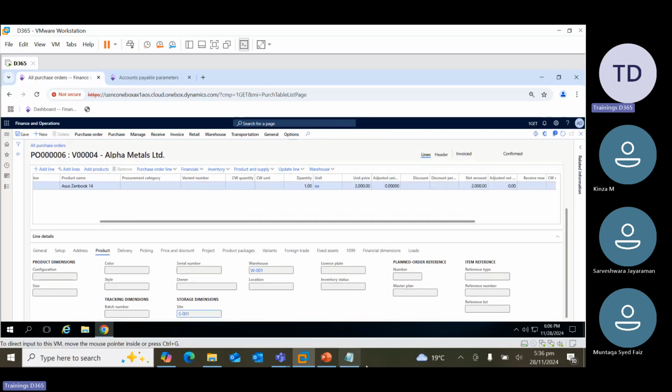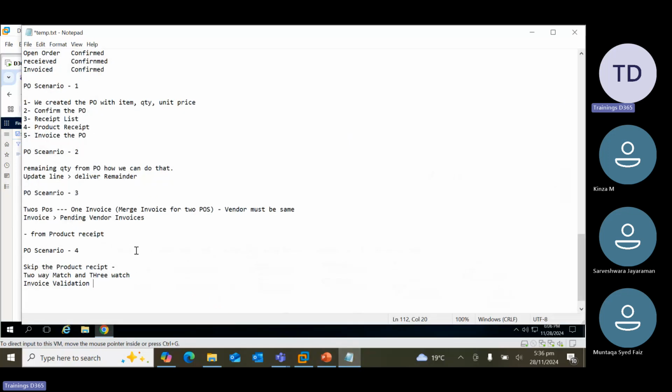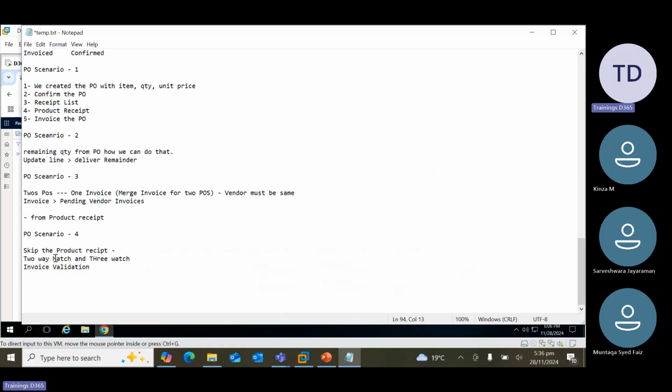So that was the last scenario, just to show you different scenarios for the PO environment. In the first scenario, we created the PO, confirmed the PO, did the product receipt, and invoiced the PO. Then we updated the quantity by partially receiving the product receipt and invoicing. We skipped the product receipt also. Then in the third scenario, we created two POs and created one invoice from them. Then we skipped the product receipt and disabled the two-way match, three-way match and invoice validation,